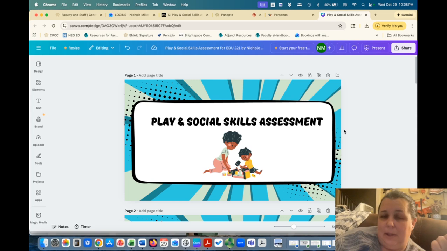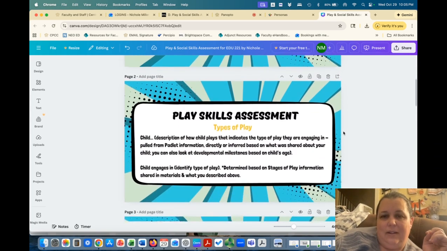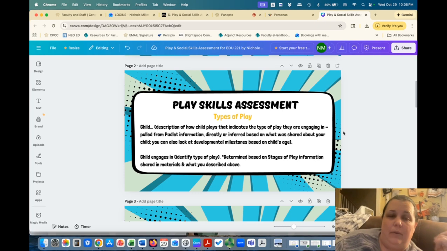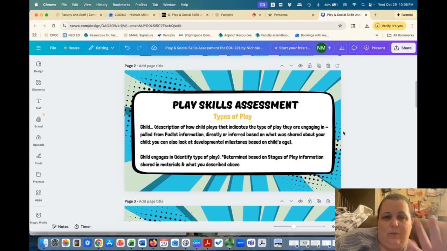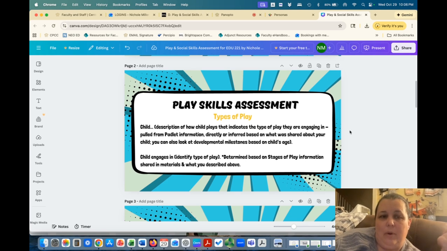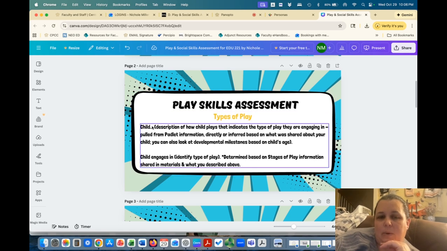So I've added some slides to my portfolio, and this is an example of a way to break it out. You can do this in whichever way works best for you, makes the most sense for you. I just want to provide an example because some people benefit from having the visuals. So for play skills assessment, I'm looking at types of play. So I would describe how the child plays,